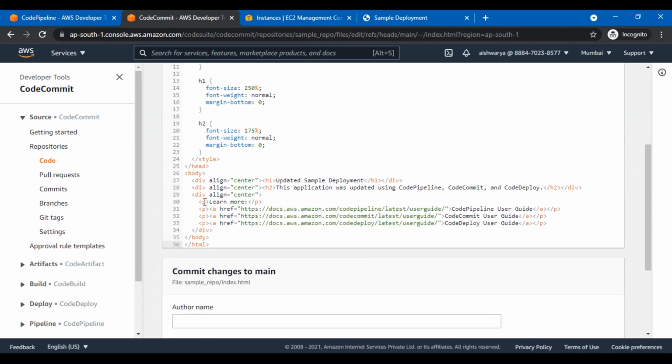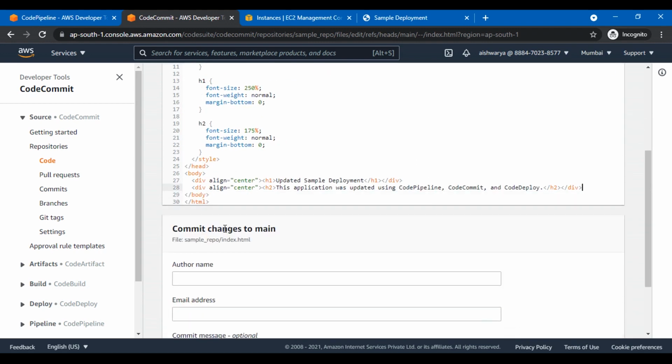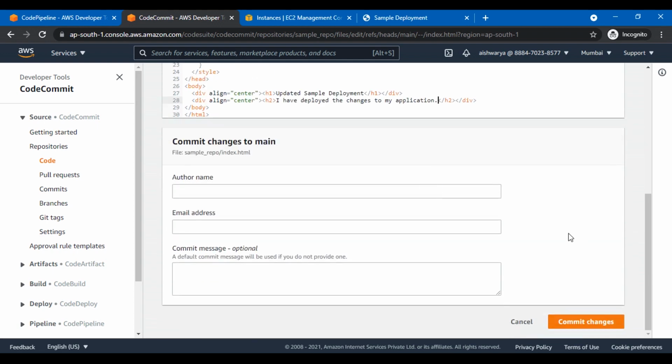Let me remove this part, and what I will write, I have deployed the changes to my application, updated the sample deployment. Yes, this is fine. Now adding the author name and email address. So here I go, I commit the changes, and I will go back to my pipeline.